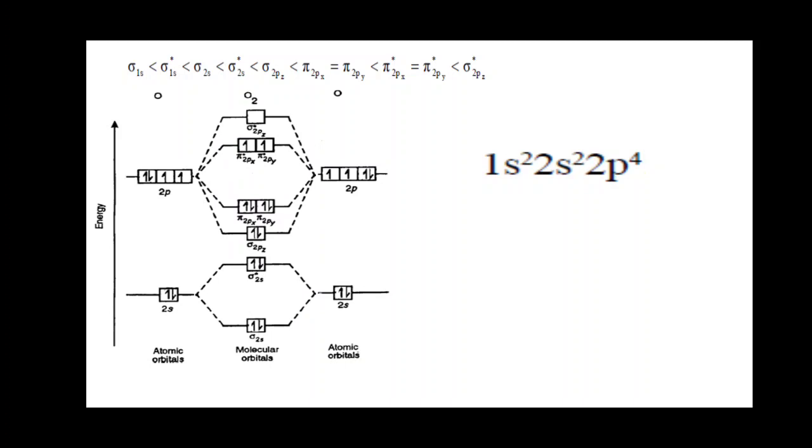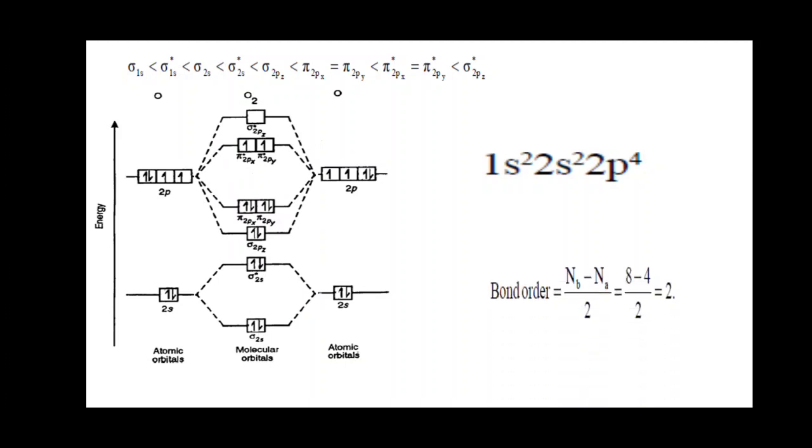So according to Hund's rule, first we have to add 1 electron, thereafter we have to make it pair. If we have an electron left, then we make it pair, right? So the MO diagram is over for the oxygen molecule. Now we can calculate the bond order between the two oxygens, how many bonds are forming. By the calculation of bond order we can get it.